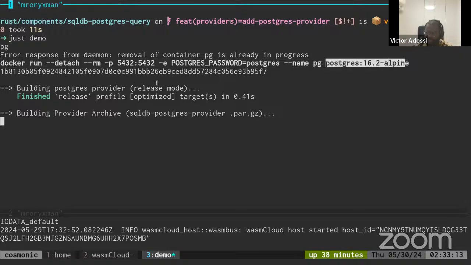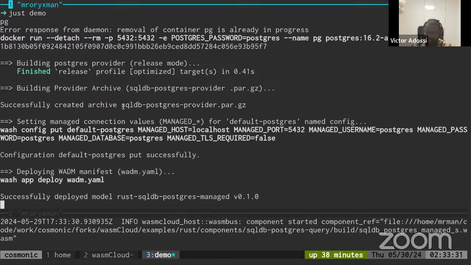Here, we're going to run 16.2. We're going to build the Postgres provider. So this is just a Rust binary, right? This is a Rust binary that's been augmented with WebRPC abilities, let's say. And then we're going to build from that binary the kind of